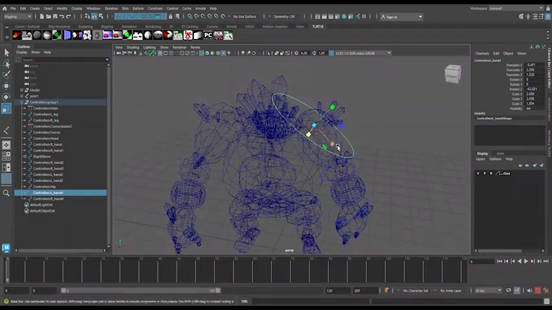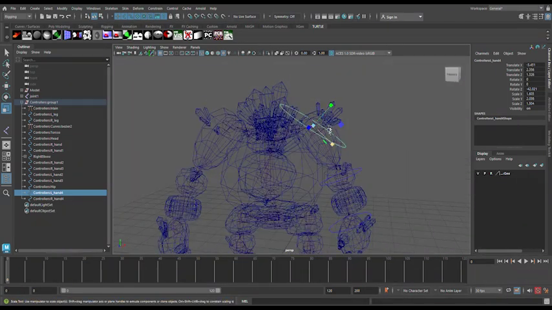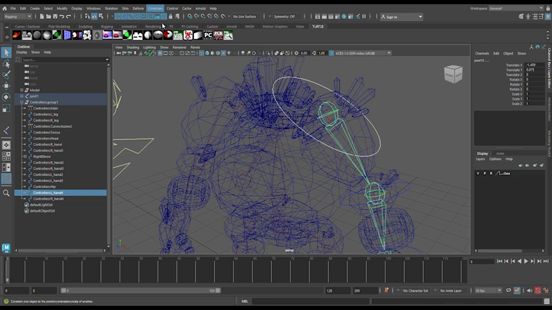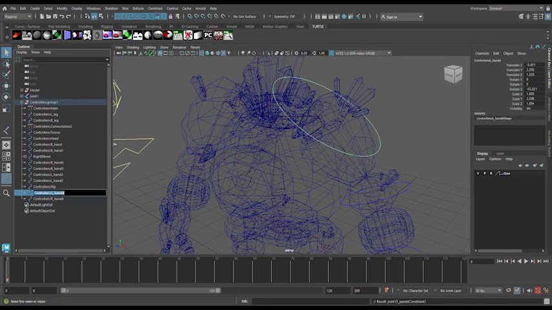So I'm fairly happy with that. I think that looks cool. And then I'm going to shift select the joint, shoulder joint, constrain parent, and I'm going to rename that controller right